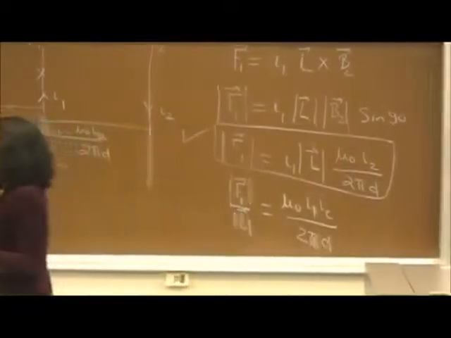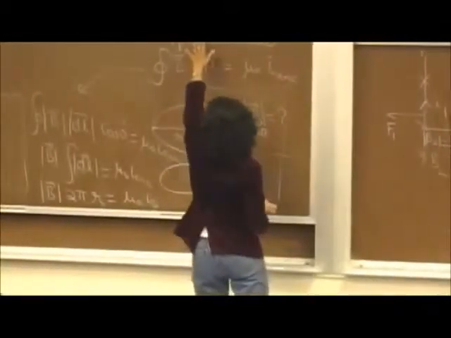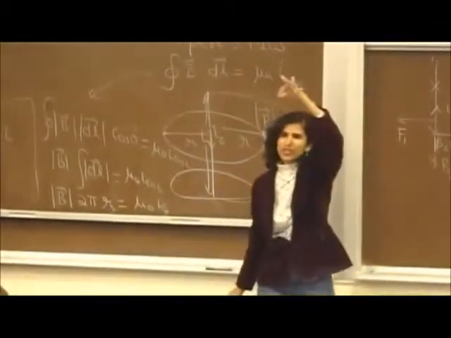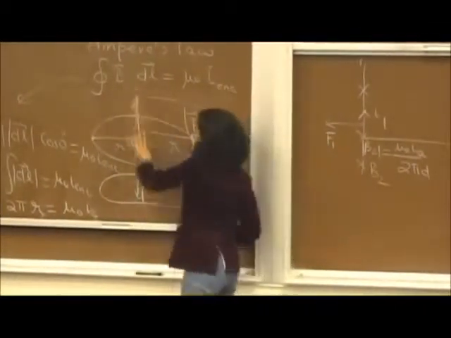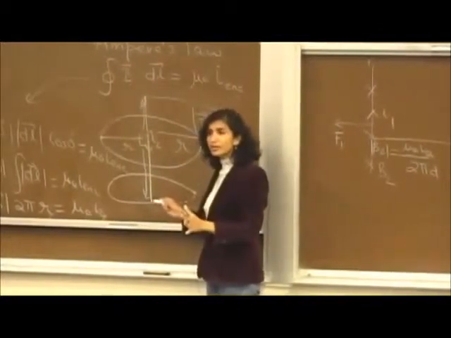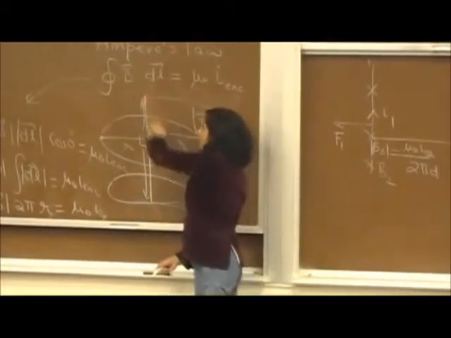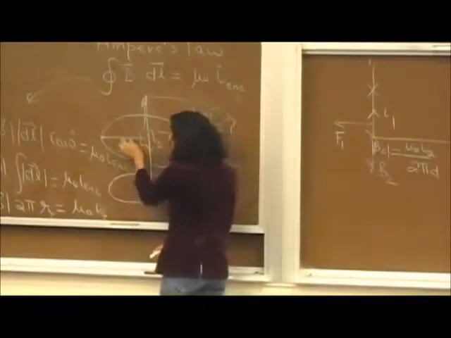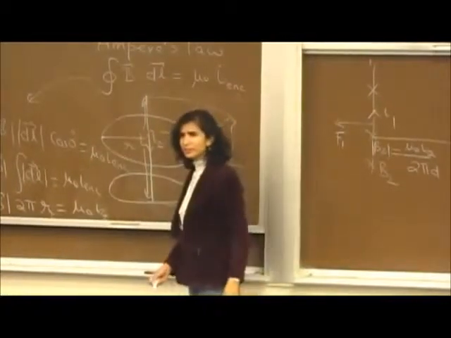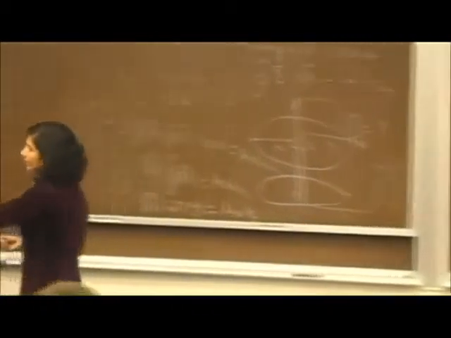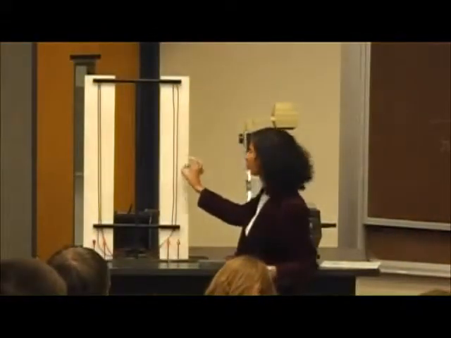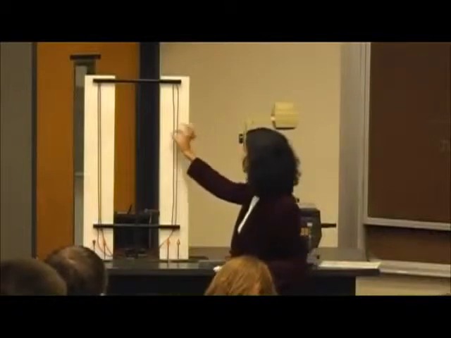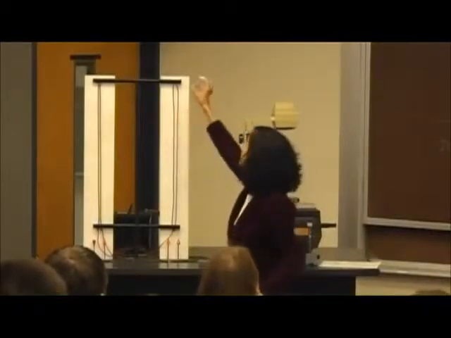So even though initially we assumed that Ampere's law can be used for wires which are almost infinite, by almost infinite we are saying we don't really worry about these edges. These wires are so long that the length is always going to be much larger than the distance where we are trying to find the magnetic field. So for example, in these wires, if I'm trying to find the magnetic field here, or here, or here, or here, I'm okay. But if you tell me find the magnetic field, say here,